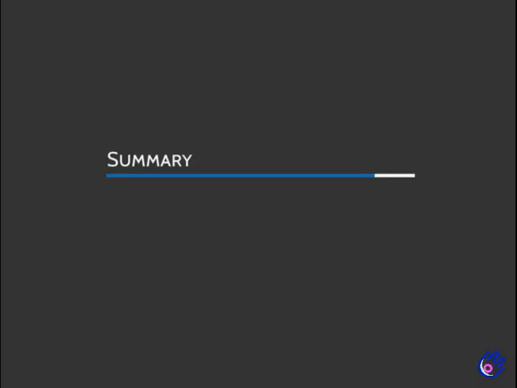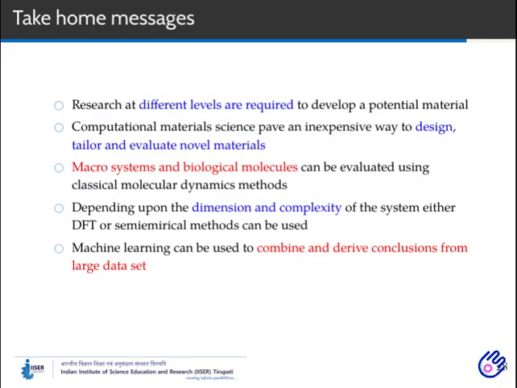So at the end of the day, let me briefly summarize the things. Material science is an ever-growing regime, and still we are in need of potential materials and have to find a possible way to process them. It is not possible to experimentally synthesize each and every system and verify them. Rather, computational methods provide inexpensive ways to design and tailor novel materials. So the rule of thumb is classical models are for macro systems, quantum models are for microsystems. A combination of these two by data-driven approaches like machine learning may be used to identify novel phenomena in future.